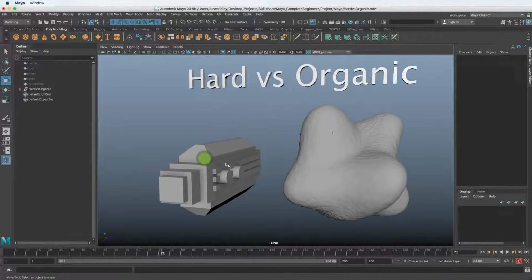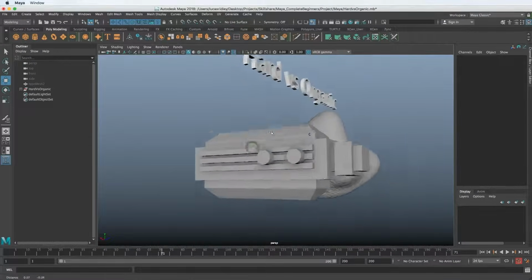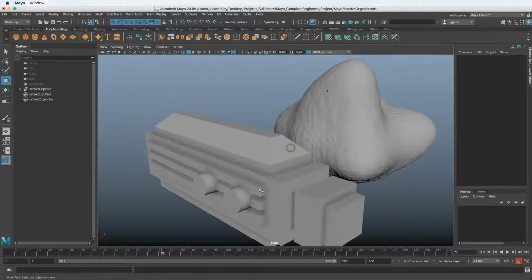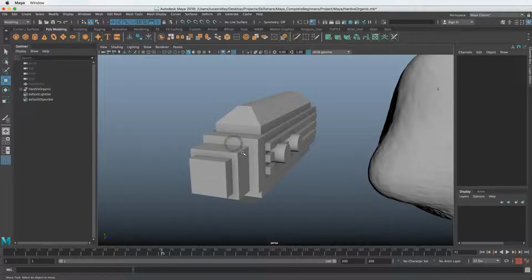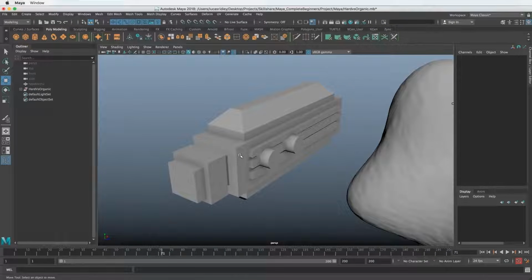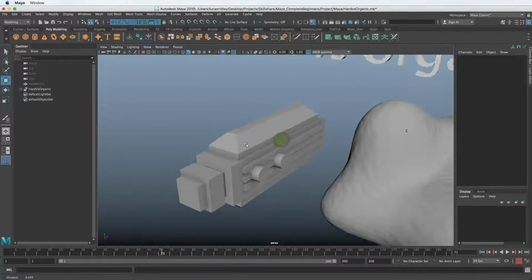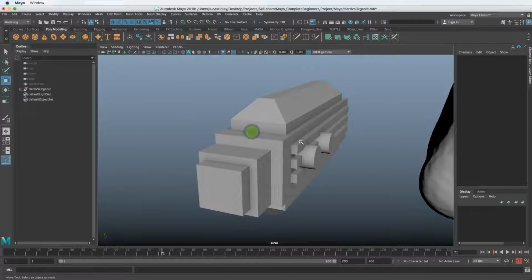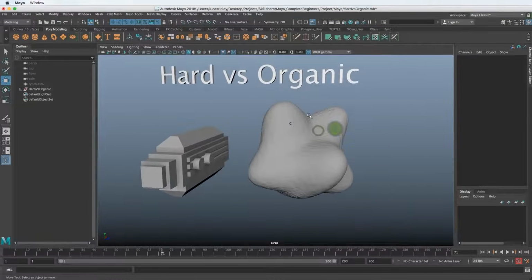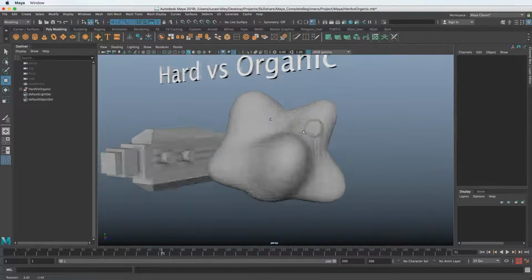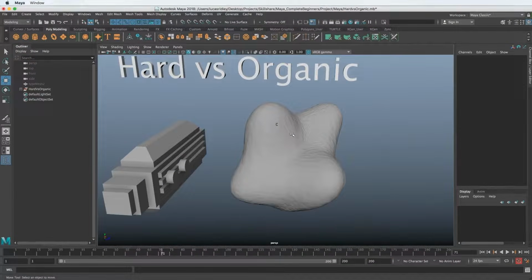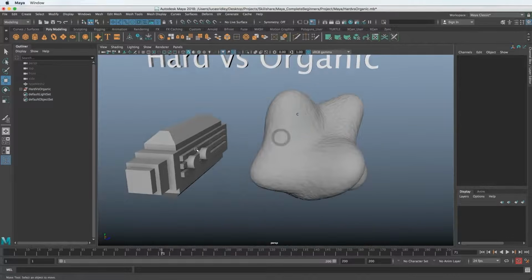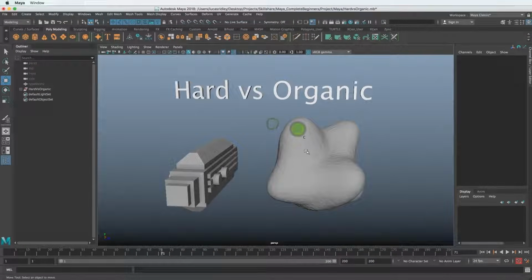Hard is kind of straight surfaces, they can be curved as well. You can see there's a cylinder here, so it has a rounded surface on that side. But there's patterns here. Mechanical things, things that are bolted together and made by humans, typically are hard surfaces. So imagine a transformer here. And the organic shape on the right, there's no pattern really here. There's a lot of swooping shapes, and it was clearly not made in the same way or with the same tools as the one on the left. You can see there's two very different types of models here.